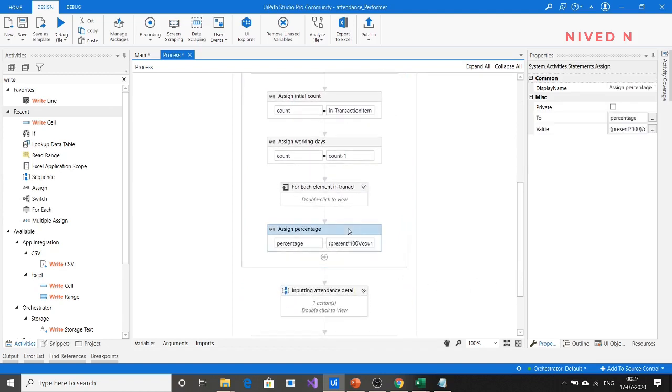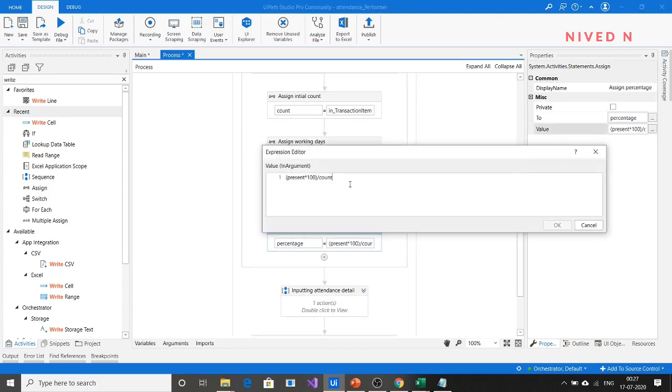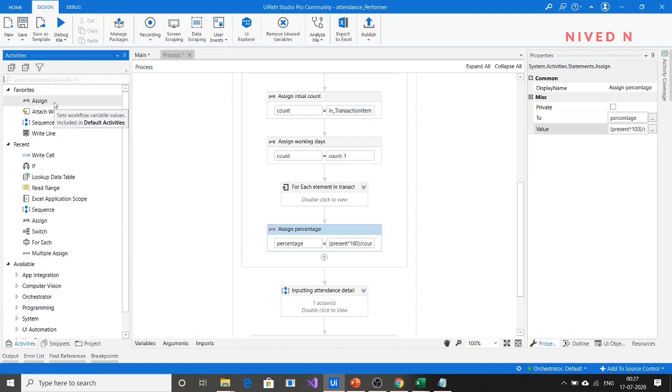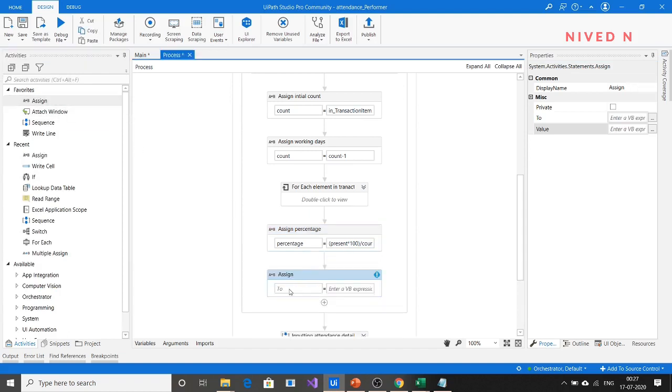Okay, I have forgotten one thing here. We are specifying the percentage as what type of variable? Double. Sometimes it may have very long decimal values. We want to limit the number of decimal values to 2 decimal places. For that, we can use another piece of code here. Just use the assign activity and assign percentage.